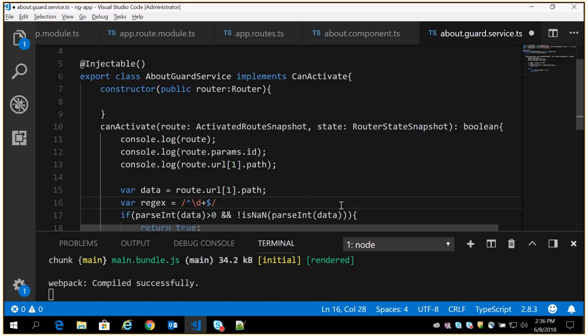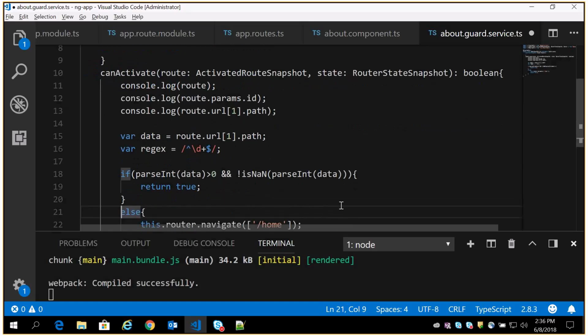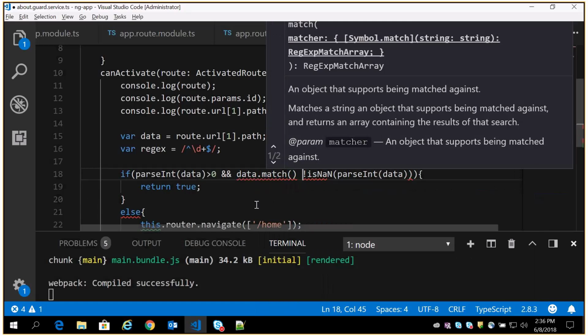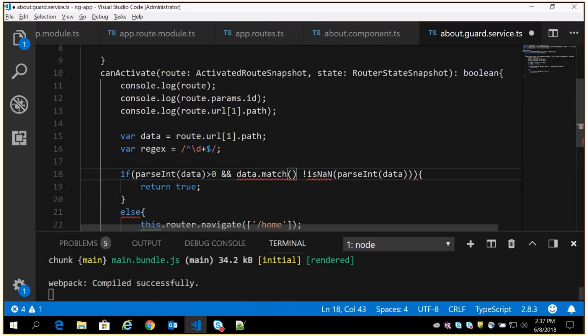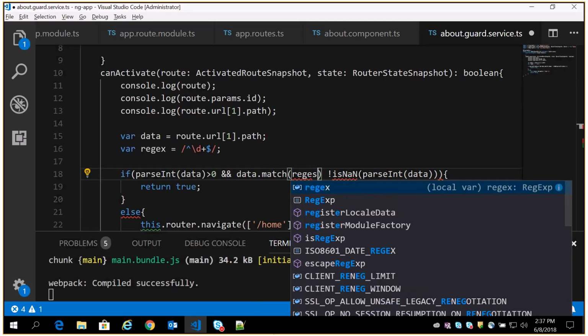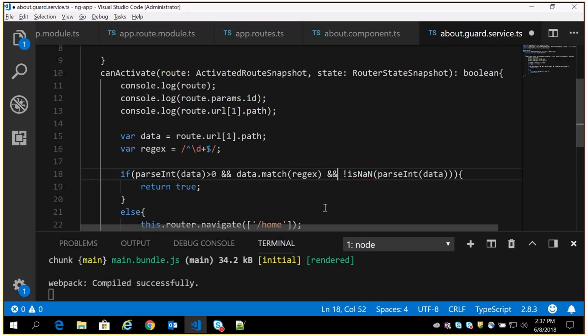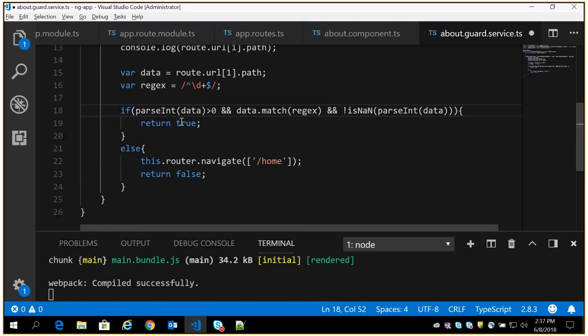So this is a regular expression. If it matches only, it should take. So if data is matching this regular expression, that is only numbers, and it should not be any string. So I've just checked it in all the possible conditions. If all the conditions match, then only it will allow, otherwise it won't.